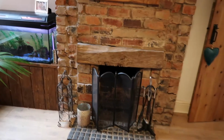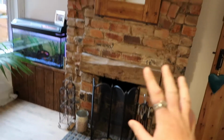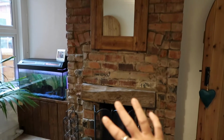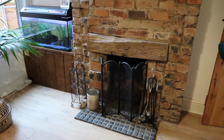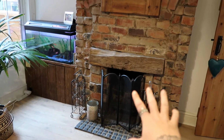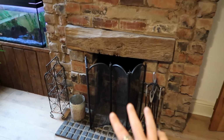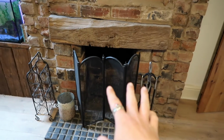And here is the fireplace in this room, which is, oh, I just love exposed brickwork. I absolutely adore this fireplace. I'm so lucky to live in a house with so much character. Again, this fireplace doesn't get used. We are actually able to use this one. It's just literally an open fireplace, and it has been lit whilst I've lived here, but we don't tend to